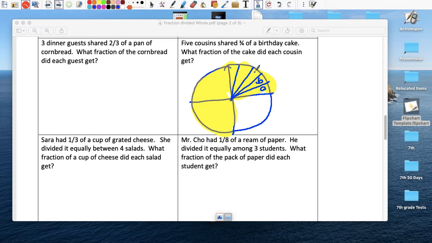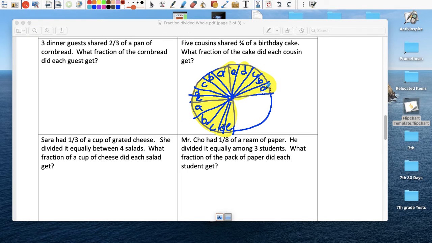A, B, C, D, E. 5 people. A, B, C, D, E, and again A, B, C, D, E. So everybody gets, person A got